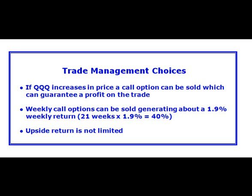And right now the weekly call options on the QQQ have about 1.9% time premium on a weekly basis. So that 1.9% at option expiration each week becomes profit regardless of whether the QQQ goes up or down. So there's 21 weeks until the expiration of the 55 strike put, so we could sell weekly call options for 21 weeks, and this has the potential to generate a 40% return just from the time value alone from the